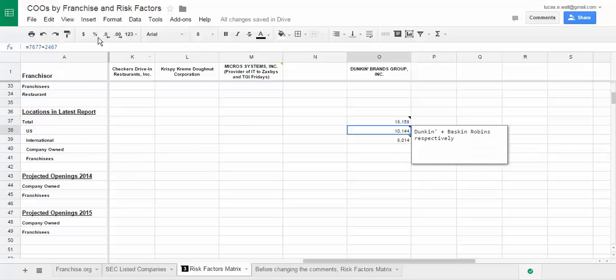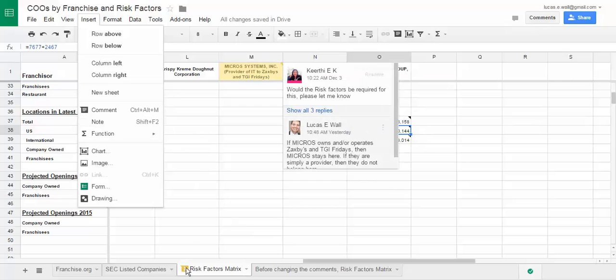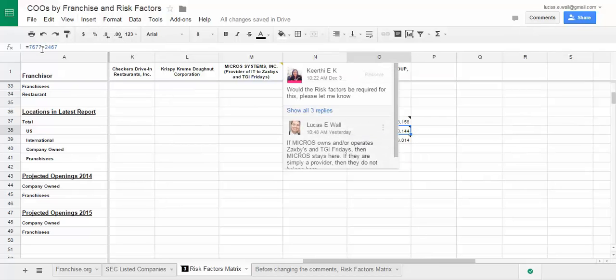How do you add a note? You do Insert, Note. It's not a comment, because a comment you can come back to later and resolve, and it will show here the number of comments that are unresolved, right? That is for an ongoing discussion. A note is something that will remain there because it's important to read it from now on in the spreadsheet. So in that case, if you see what I input there is